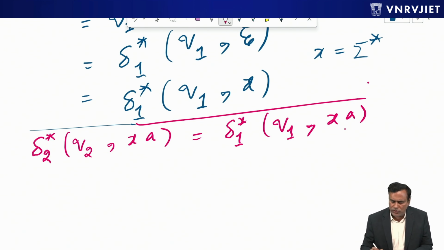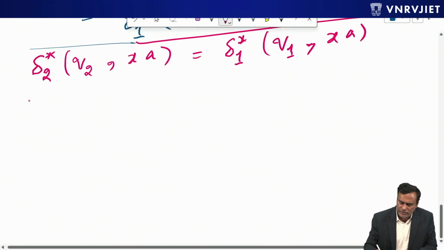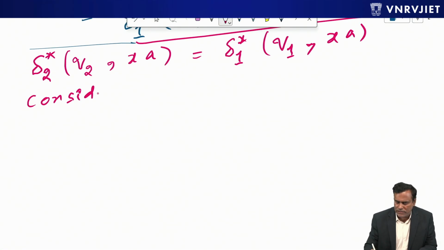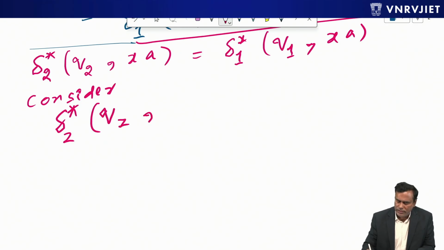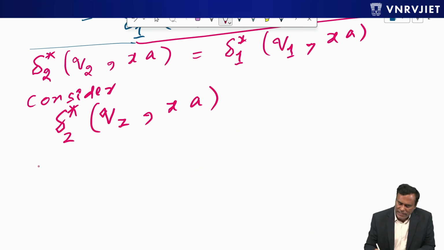There is delta 2 star of Q2 X A, the left hand side part. So let me take that part. Consider this left hand side part. What is it? Delta 2 star of Q2 X. Yeah, this is the left hand side part. So this can be rewritten as what? This is equal to